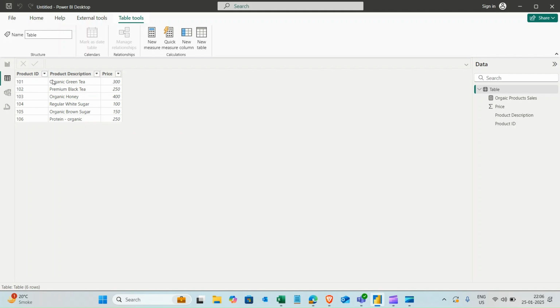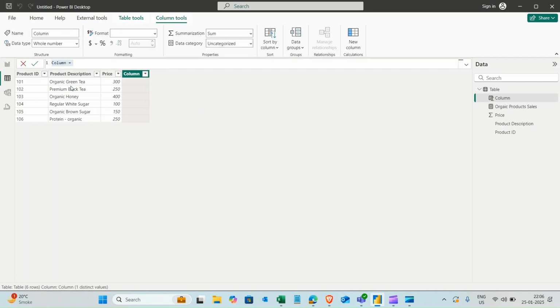Here I have one small table: product ID, product description, and price. Let's add one column here. In the product description I have organic green tea, organic honey, then protein powder organic. So wherever organic is written in the data, that product is an organic product. Here I am interested in finding out the organic products. So let's name it is organic,